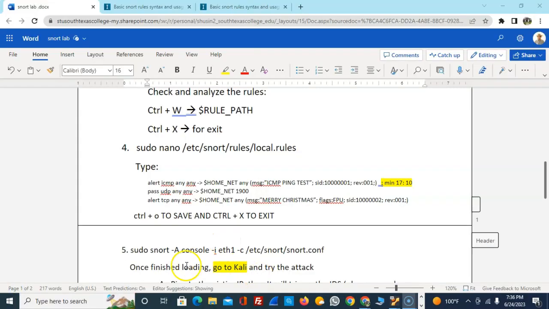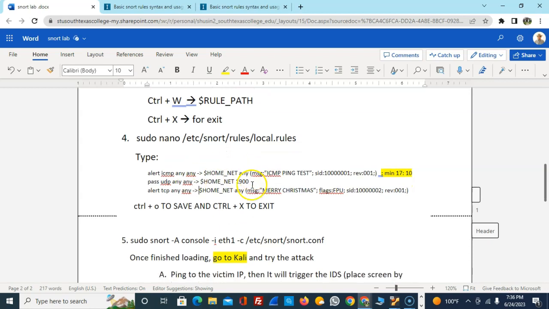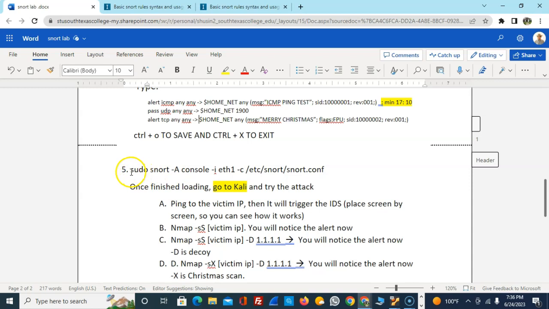Okay, I already troubleshot that. Apparently on my local rule here, I have a typo, a syntax error. Here, I don't have a space like this, so I'm supposed to have a space. Make sure you do that. That is the error message, right? They don't recognize this redirection. Alert TCP any, right? So now after I run this one,